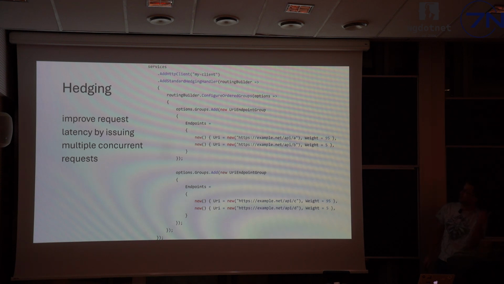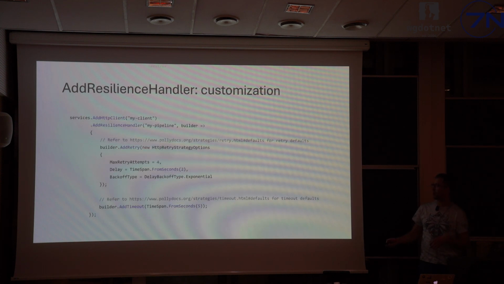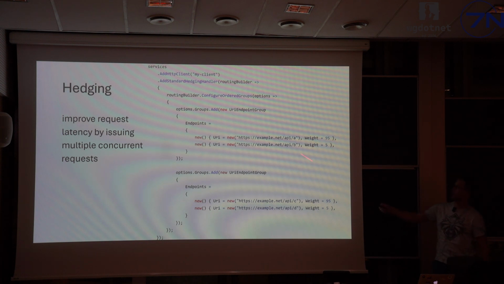So for example, if we are going to use it like here, where we have just HttpClient.GetAsync or any other method that is performing a request, out of the box it's going to run some random, choose which of these endpoints to use, start one request, and at the same time, most likely on another thread, maybe not, it's going to choose another endpoint from the second group, and it will perform 2 requests at the same time.